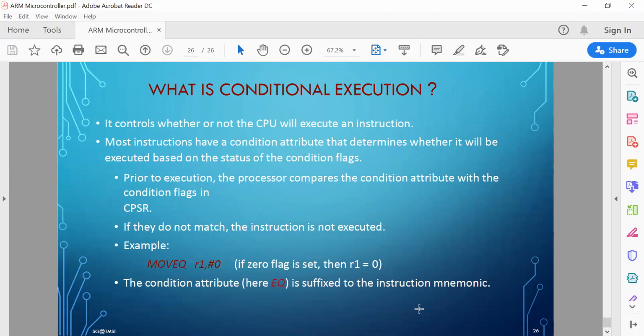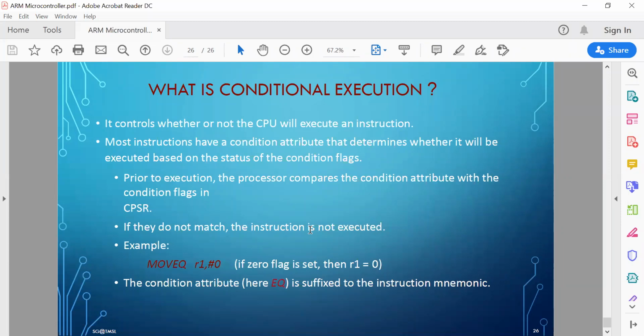Now this is the last slide of this ARM processor. So, conditional execution. Let me take an example here. Conditional execution controls whether or not the CPU will execute the current instruction. Okay. Now most instructions in ARM allow a condition attribute to be specified.